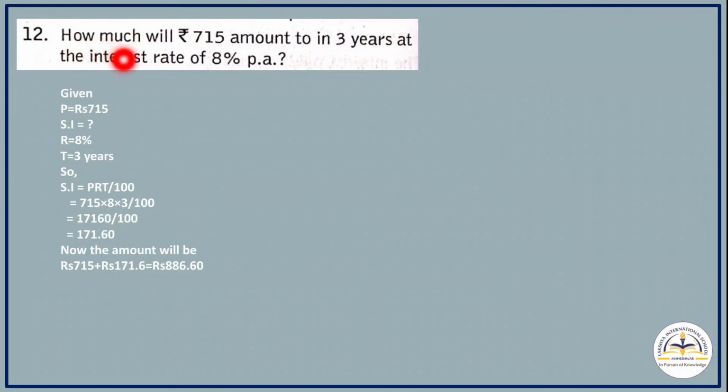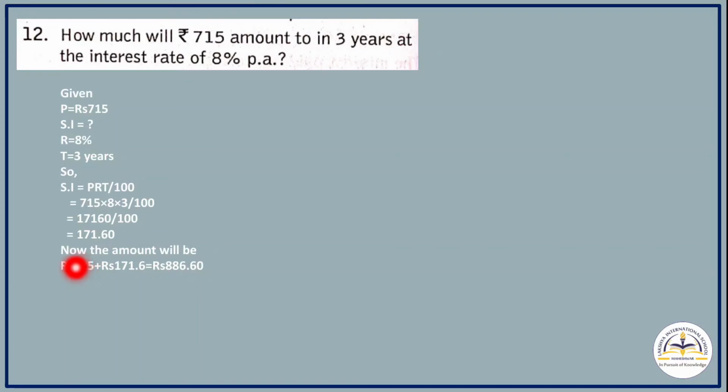Now question number 12. How much will rupees 715 amount to in 3 years at the interest rate of 8% per annum? Now here the principal amount is given, that is 715, and we have to find out the simple interest. The rate is also given, that is 8%, and the time is given, that is 3 years. Now the simple interest equals P into R into T divided by 100. So the principal is 715 into rate 8 into time 3 divided by 100. Now when you multiply and divide by 100, you will get the value,